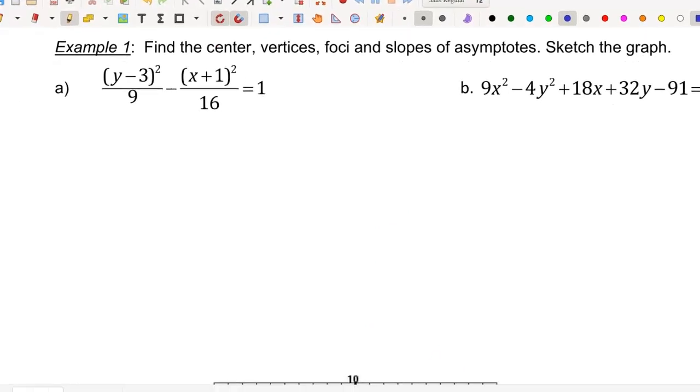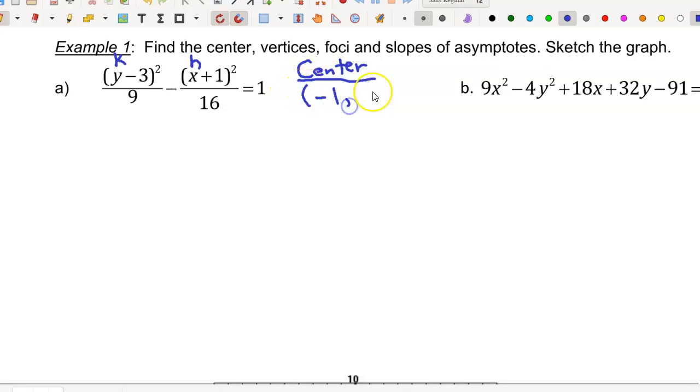So start by finding the center. I'll tell you what the center is not. It's not 3, -1. It is going to be x, y, right? So the h is actually right here, and the k is over here. So before with the ellipse, we usually had x here, and y here is always xy, left, right. So it could be written either way. So we have to be careful not to just go in order, but to look at the variables. So our center is at